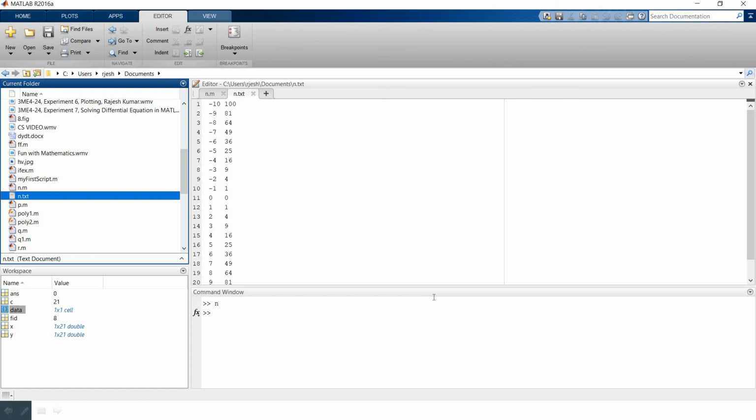After specifying the name of the file, you write using fprintf, and then close it using fclose. This will help you write or read data from MATLAB. Thank you.